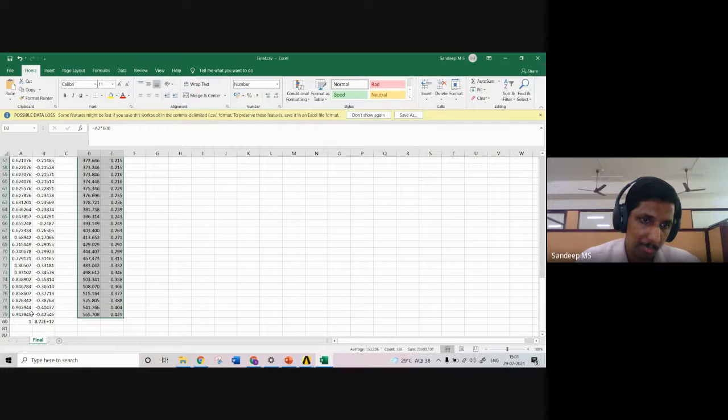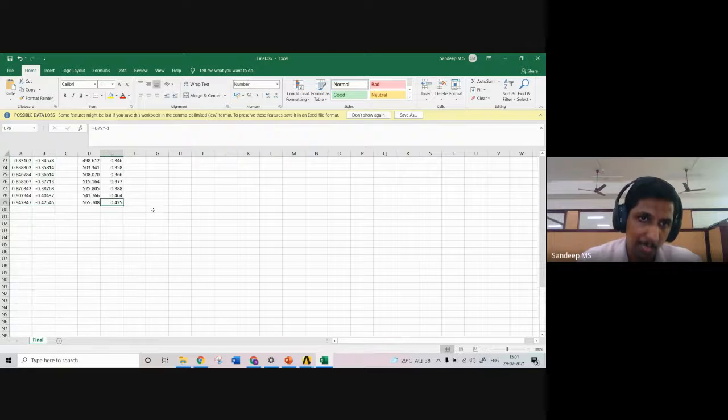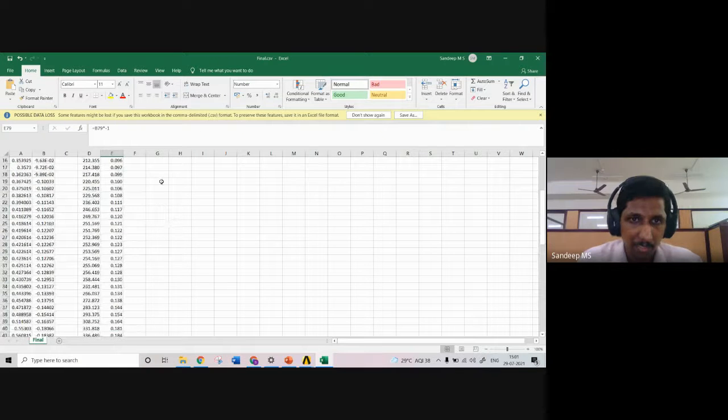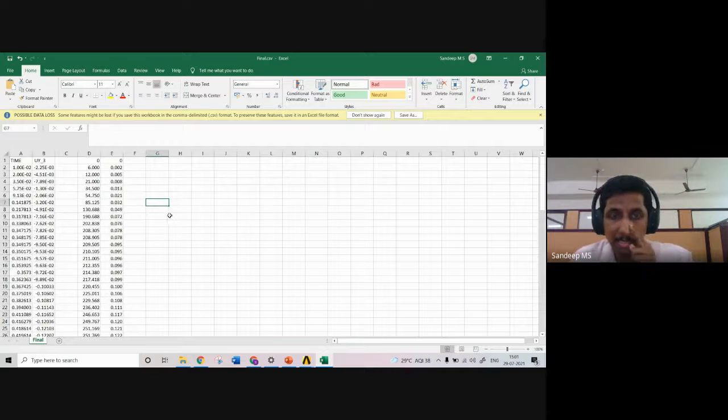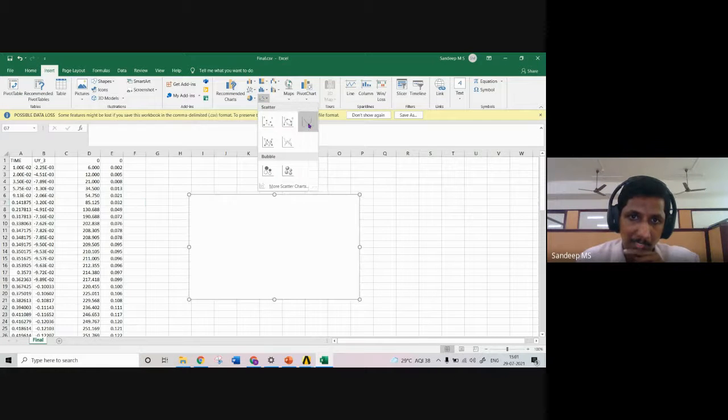And I have gone up to the second last point because here there was some error. So I'm just deleting that. Now, if you want, say, what is the maximum deflection? That is around 0.425 mm. And if you want the load deflection curve, what you have to do is that you can plot between these two values.